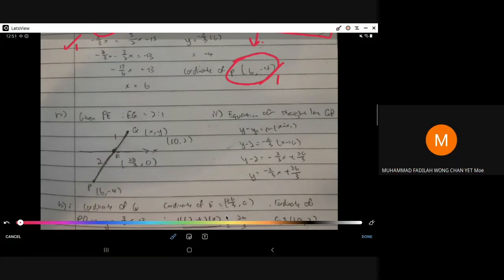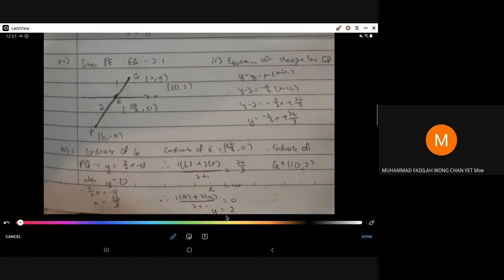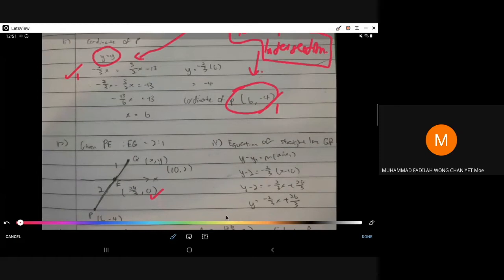He wants to find the coordinates of Q. So first we find the E value. E lies on the x-axis, so we know that E's y value is 0 because it lies on the x-axis. Then we set x equals to